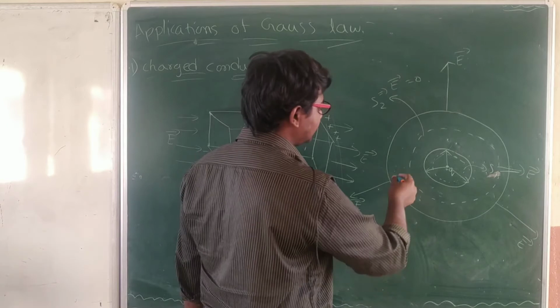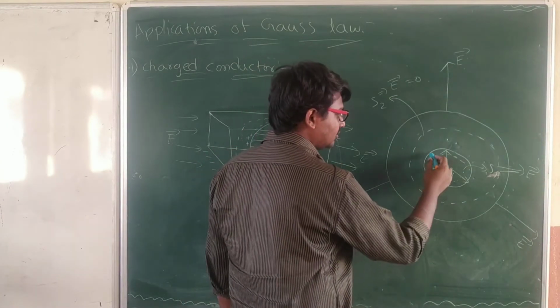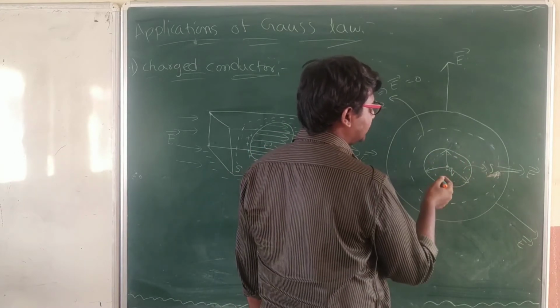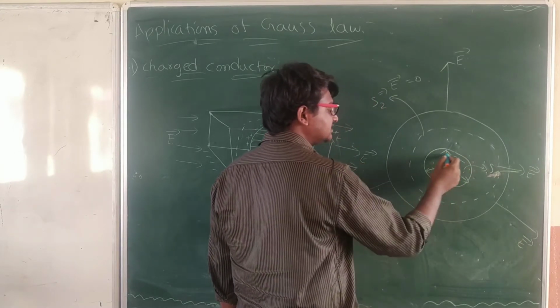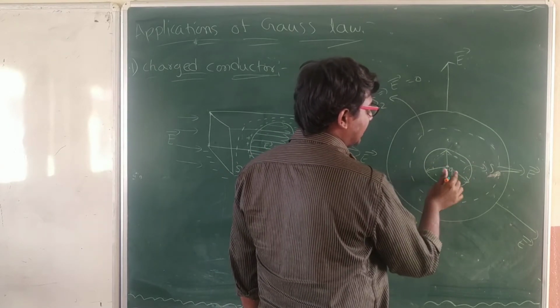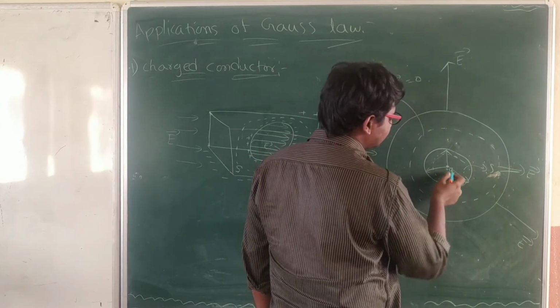That is the reason here you are not going to observe any electric field, but here you are going to observe the electric field because of the absence of mass here. Here there is no mass. Mass is absent inside. That's why this gap will be filled up by the electric field. As this is a positive charge, it is going in this manner.